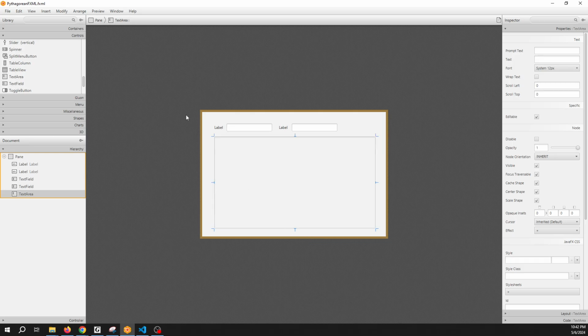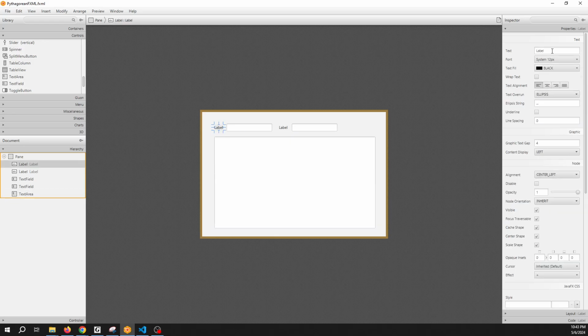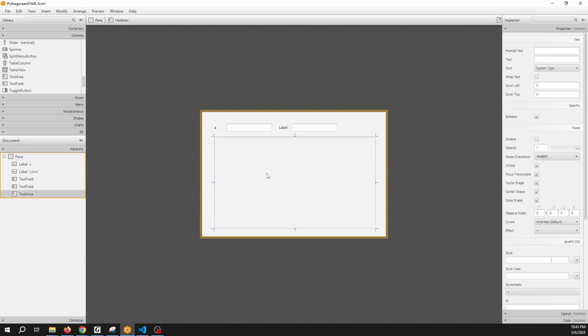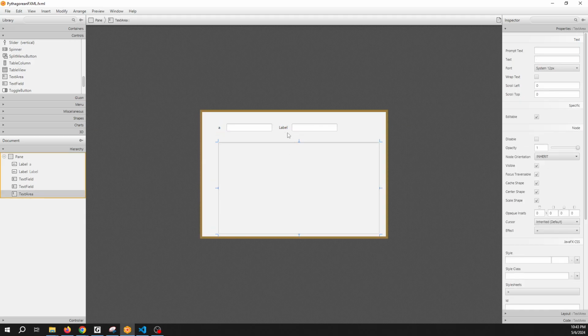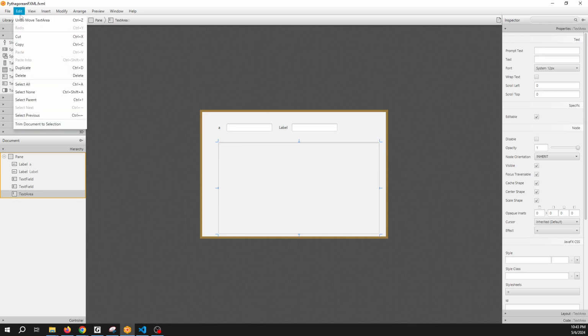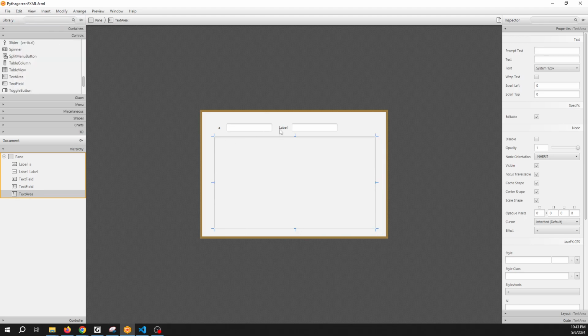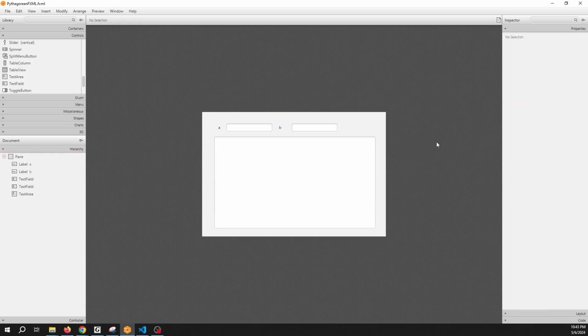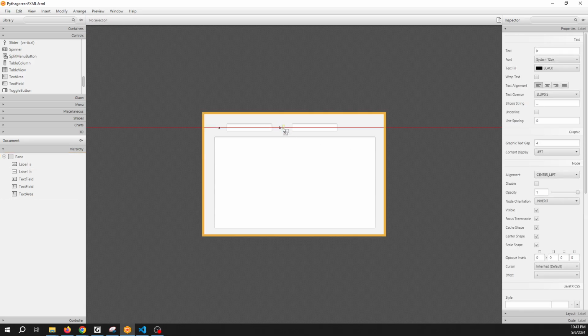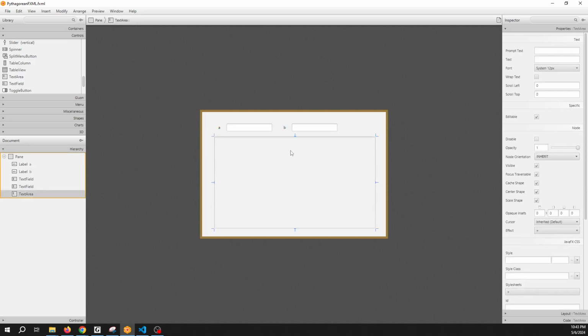Okay, and so on this label, I'm going to change the text to A, and then move that back over a little bit. Oops, I didn't want to do that. On this label, I'm going to change the text to B,